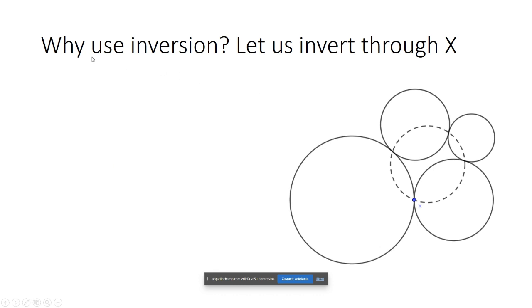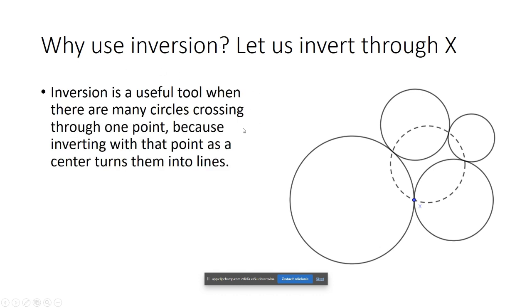Why should we use inversion for such a problem? Inversion is generally a useful tool when you have a lot of circles and many of them go through one point. Then it makes sense to choose the center of inversion, the center of the circle with respect to which you do the inversion, as that point through which many circles go. Because inversion has such an ability that any circle that goes through its inversion circle center will be